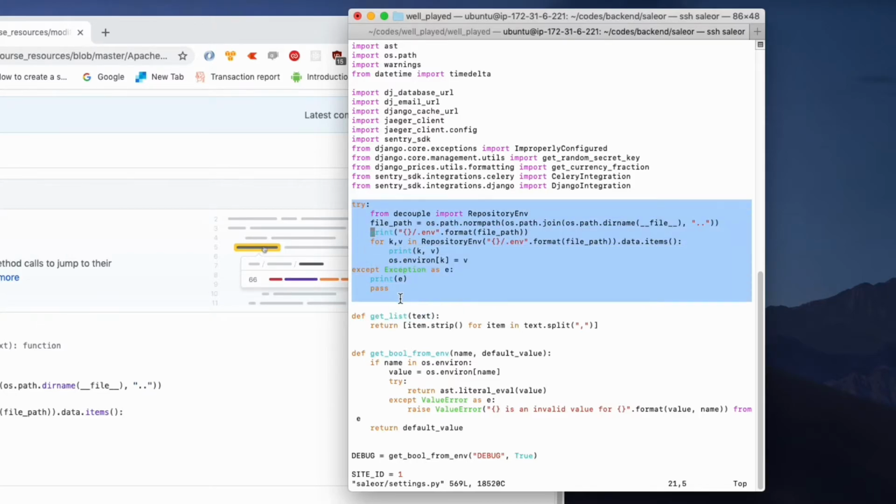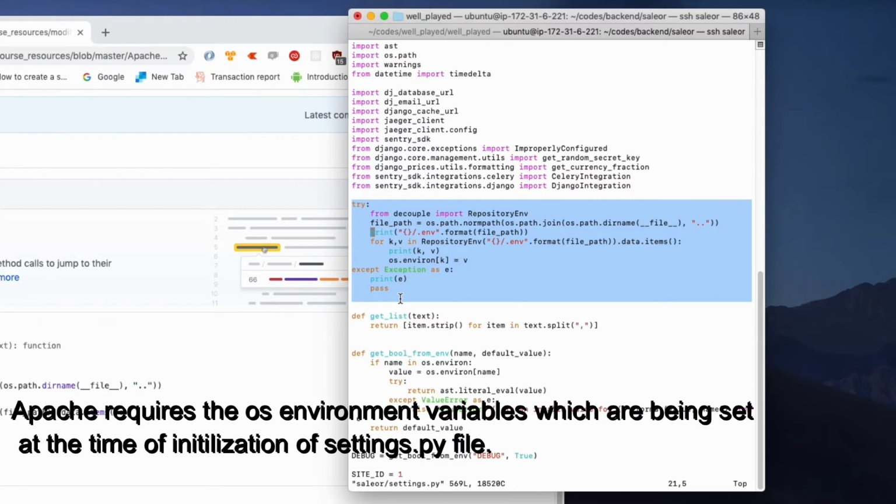The reason for adding this snippet is that generally, as per Salient requirement, you need to add all the OS environment variables. But at the time of Apache boot, when Apache runs, these variables were not available to Apache.